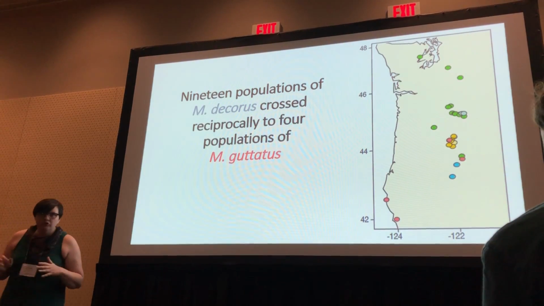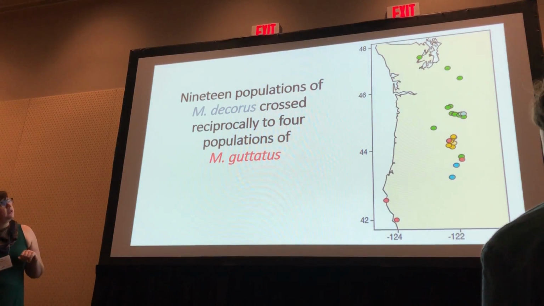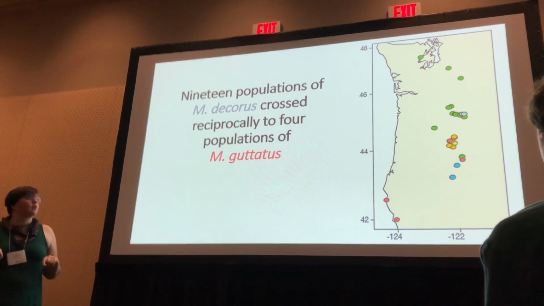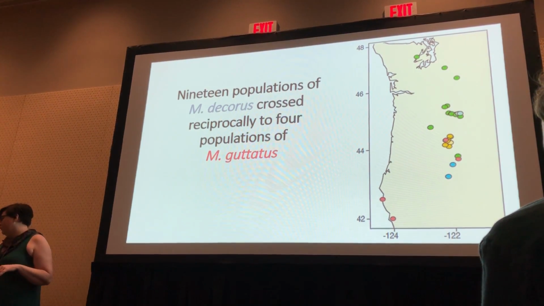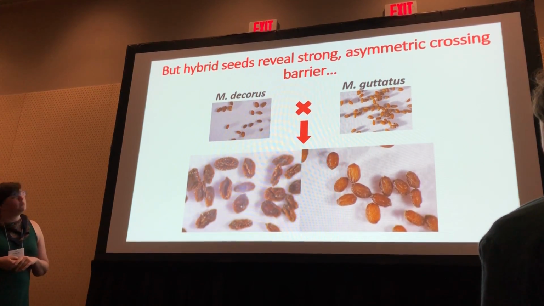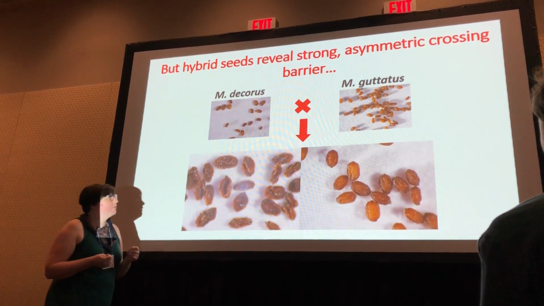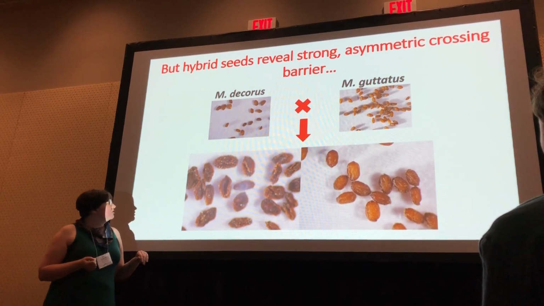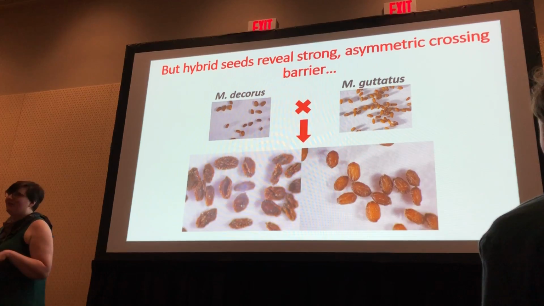As speciation biologists, we know that the currency of speciation is reproductive isolation. So we next took actually 21 populations, not 19, and we crossed them to 4 populations of guttatus reciprocally. Again, I'm just going to focus on the diploids for now. Happy to talk about the tetraploids later for anyone who wants to know. And what we notice when we cross these 2 species is that in one direction of the cross, the seeds are nice, plump, and viable. Those will germinate. In the other direction of the cross, they're inviable, shriveled, sickled things that are just never going